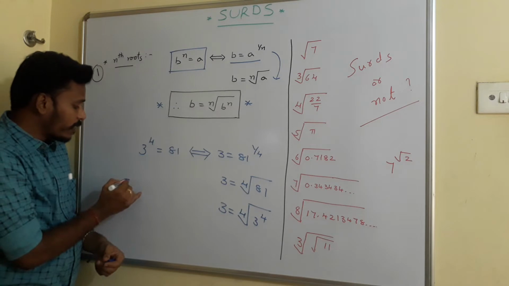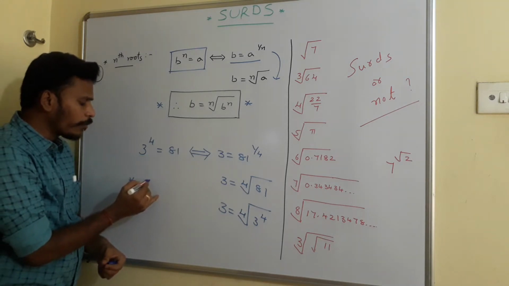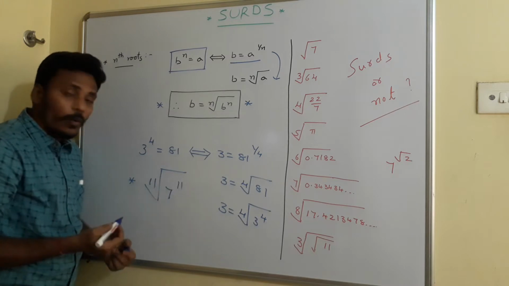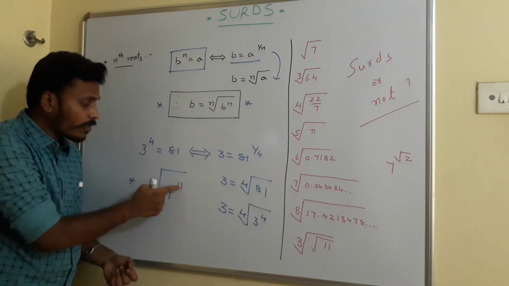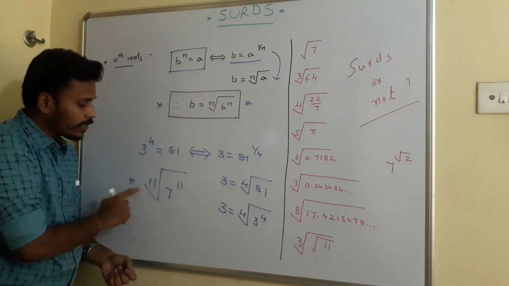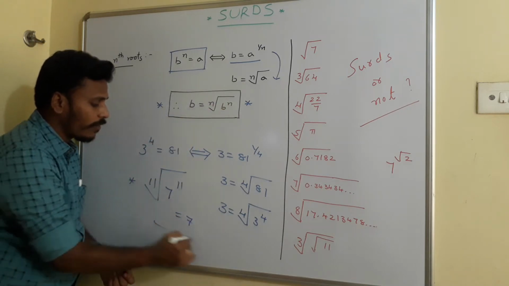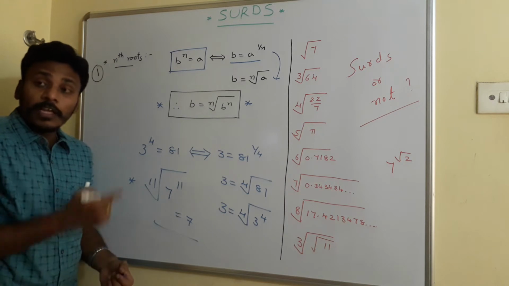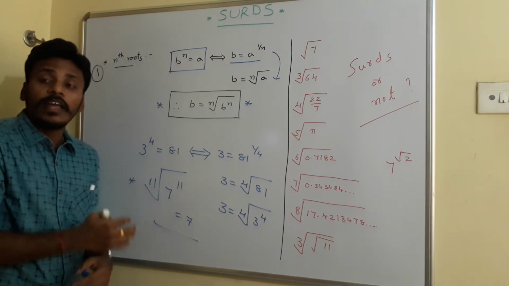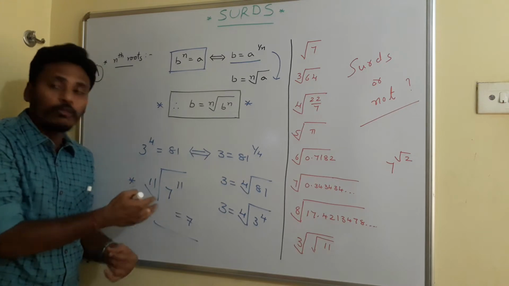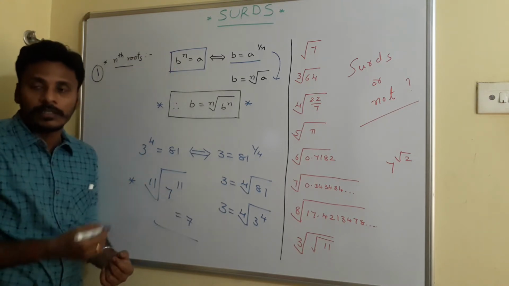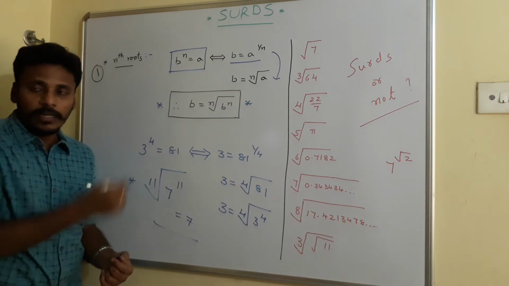For example, if you have something like 11th root of 7 power 11, then what is your answer? This 11 and that 11 are the same. It is of the format of n and n. Then this simplification leads us to 7. Right? If there is no chance to simplify like that, then how that value behaves and what to call that value is the concept of surds. Now I am going to deal with that. This is the first thing.